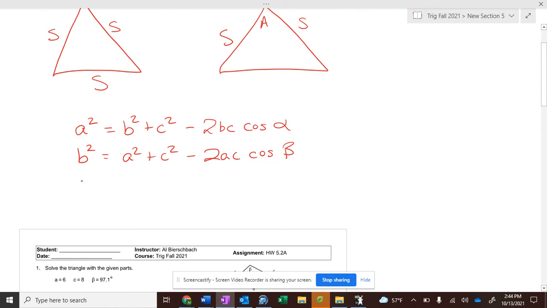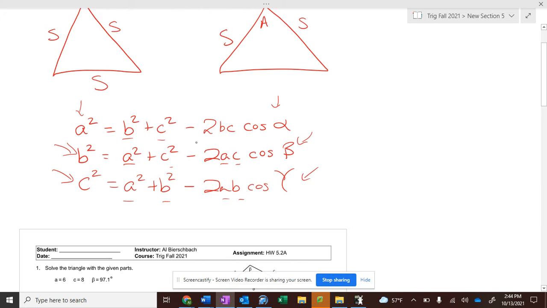Okay? And c squared equals a squared plus b squared minus 2ab cosine gamma. So notice how A is alone on this side, and the angle involved is A. B is alone on this side, the angle involved is B. C is alone on this side, the angle involved is C, basically. And you have A and B and A and B. A and C, A and C. B and C, B and C. All right, so